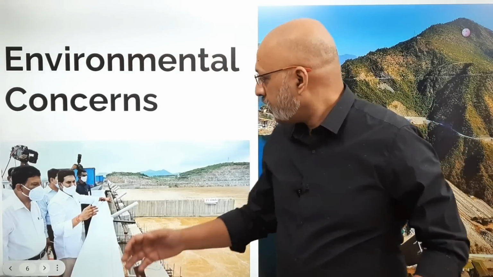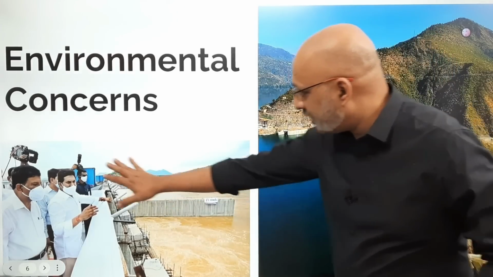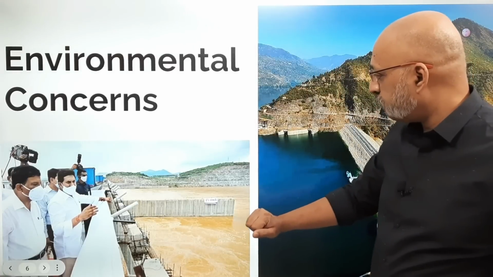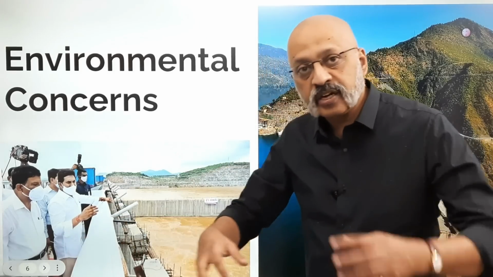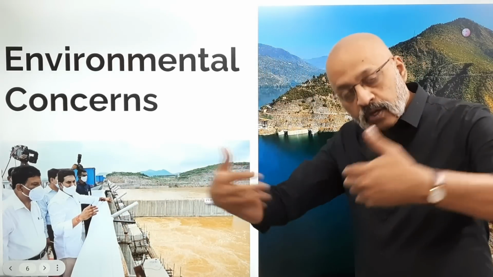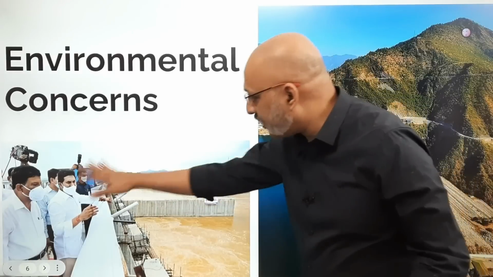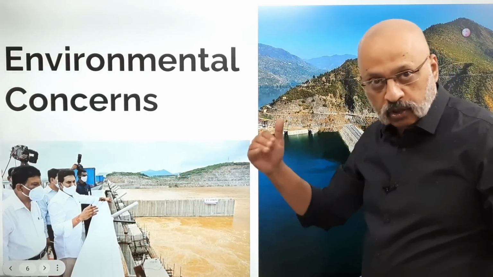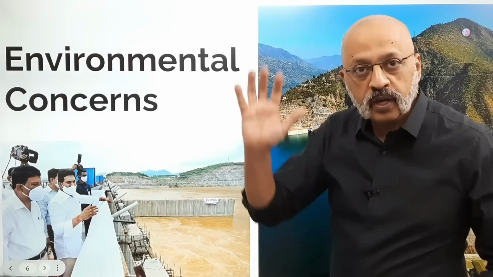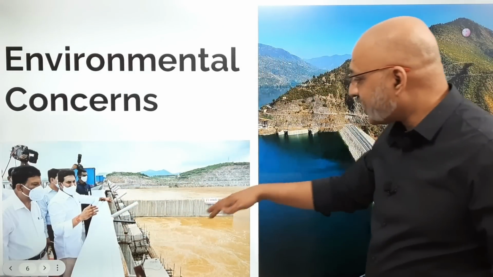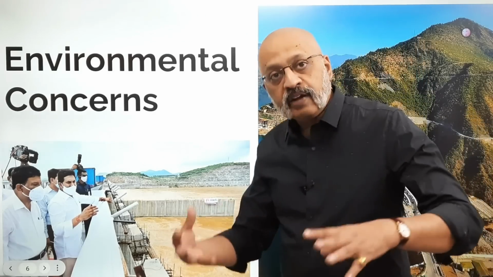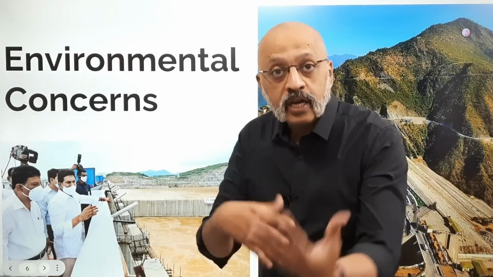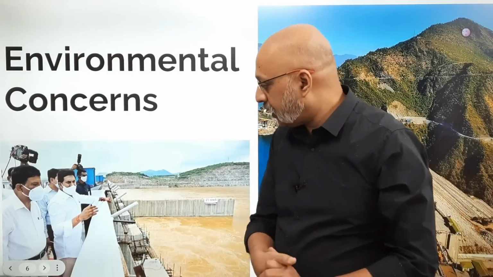So this is the Tehri Dam. This is the Polavaram project in Andhra Pradesh. There you see Jagan Mohan Reddy, the Andhra Pradesh Chief Minister. This has also run into protests from environmentalists, and from other states like Chhattisgarh and Odisha, whose flow of water will also get affected as a result of the Polavaram project, which is upstream on the Godavari. Whenever big-ticket infrastructure projects like dams are constructed, it affects not just that state but neighboring states, the entire environment, ecology and geology of that area.